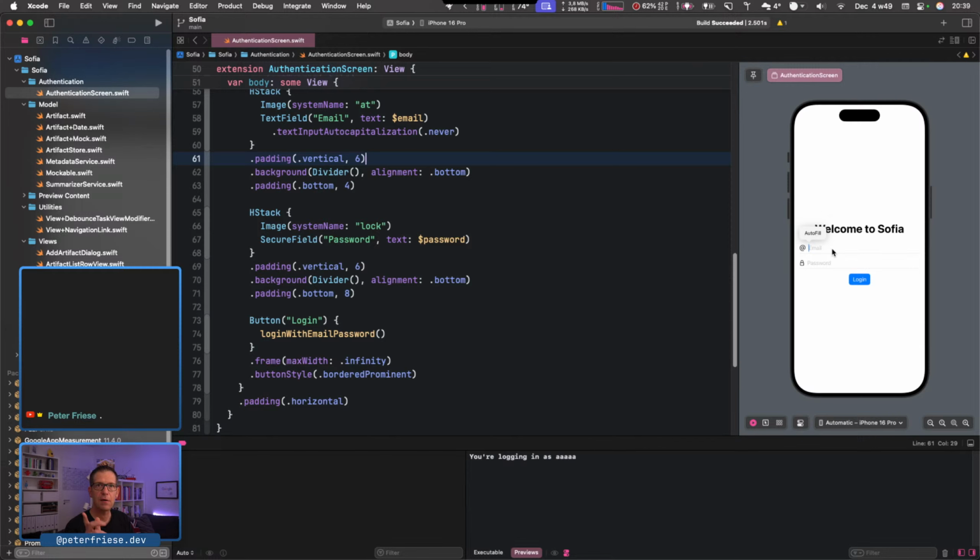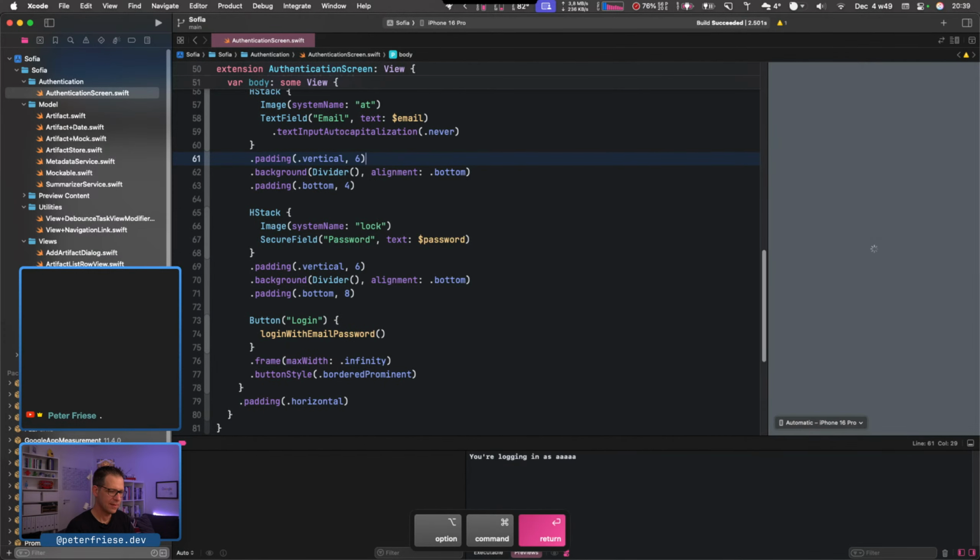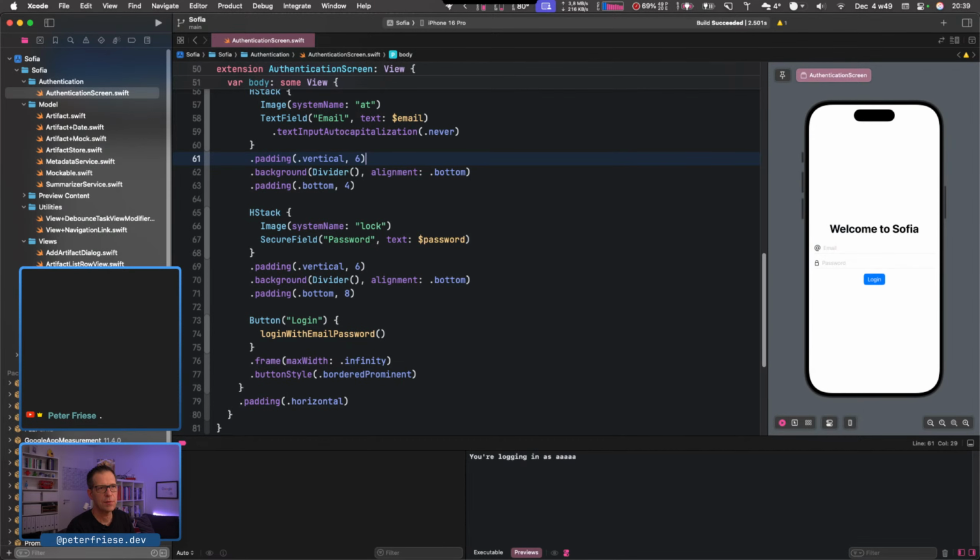So we don't have a user account yet, so when I try to sign into a user account, there should be an error message.